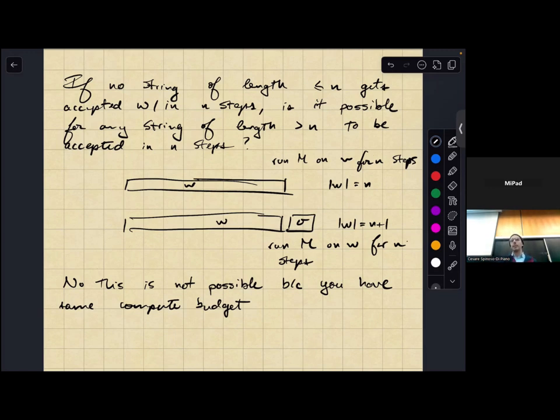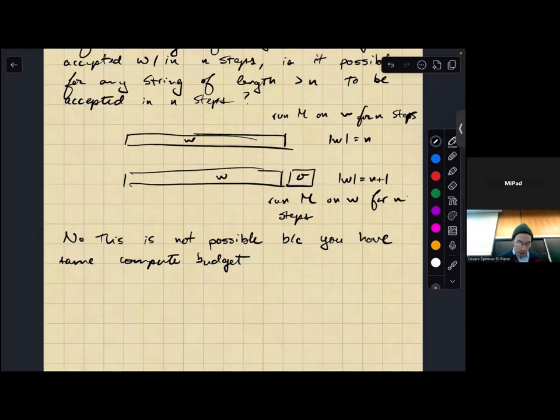Maybe it's in a loop of accepting anything, so if you give it any string that looks like this of a certain length, then you immediately go to an accept. That's possible, in which case you would accept all other strings that had that as a substring. Or the Turing machine could be something like, if the string looks like A, B, something like this, then accept,